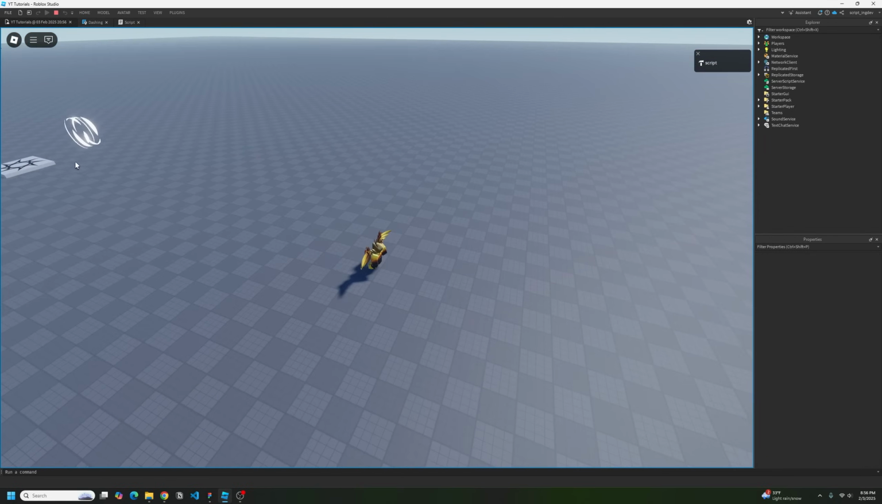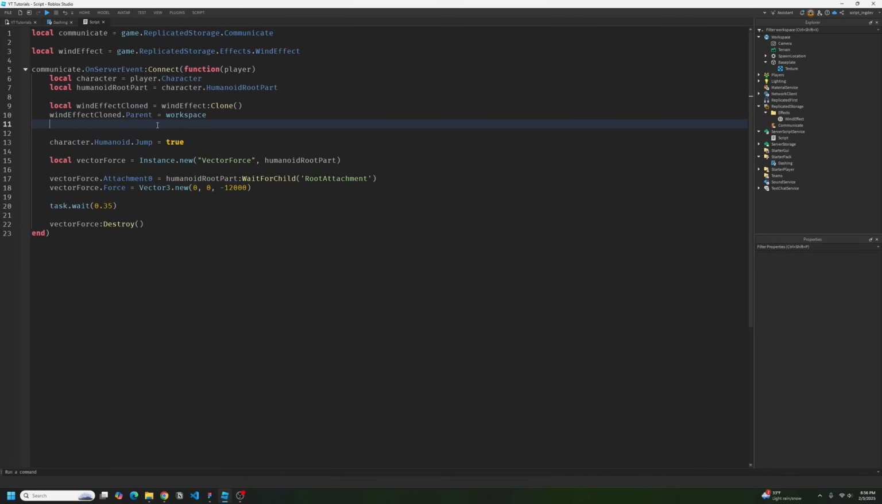Now the issue here is that this thing shouldn't be over here. It should be on my character, right? And the way we're going to do this is we're going to set the CFrame to the character CFrame. So CFrame right here, this thing basically means position with orientation. So this line of code right here is moving the wind effect to the humanoid root